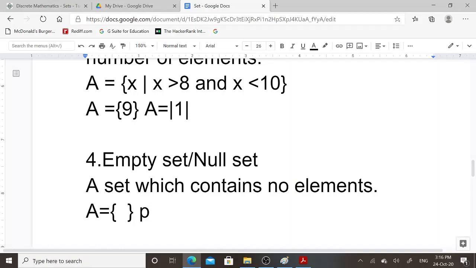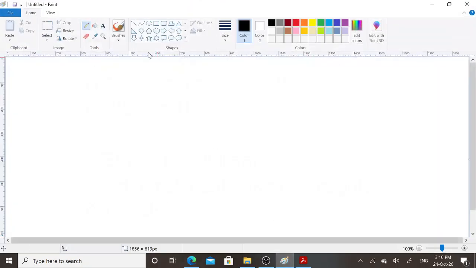It is also represented through phi. The signature of phi is this. Set A equal to phi means it is a null set or empty set.